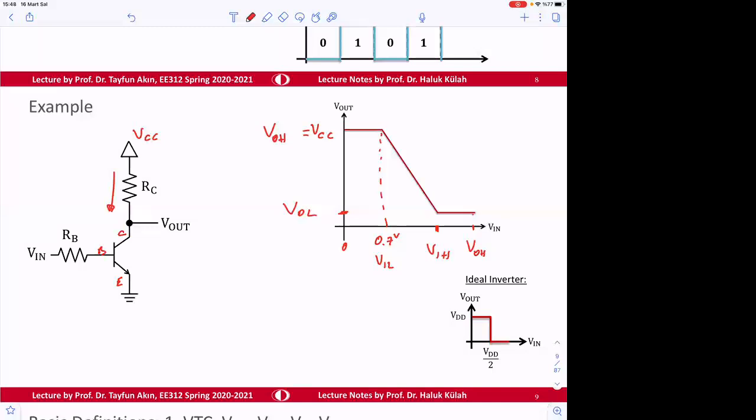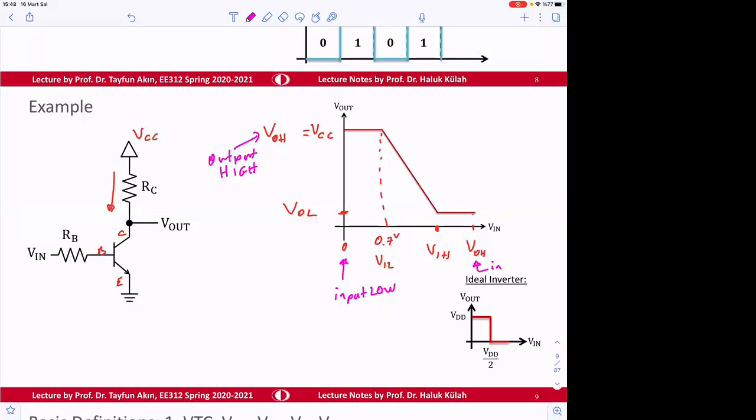Okay. So therefore, if the input is here, let's say this is the input low, input low will result in output high. Output high signal. Okay, so therefore it's an inverter. So if the input is high,